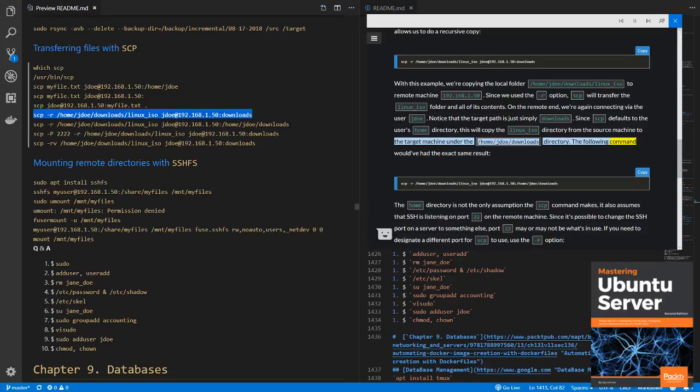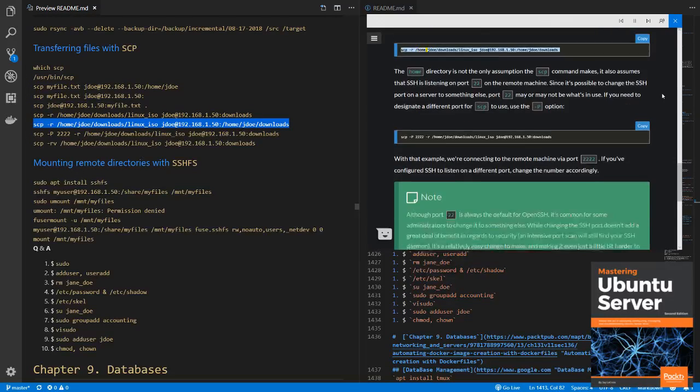The following command would have had the exact same result: scp -r /home/jda/download/linux_iso/ jda@192.168.1.50:/home/jda/downloads. The home directory is not the only assumption the scp command makes, it also assumes that SSH is listening